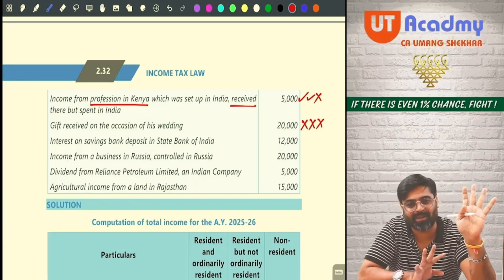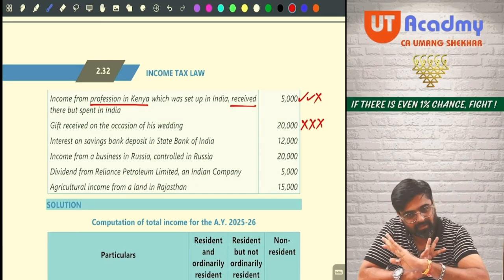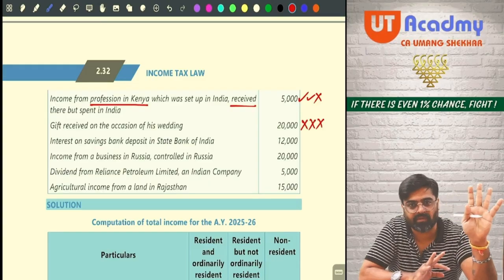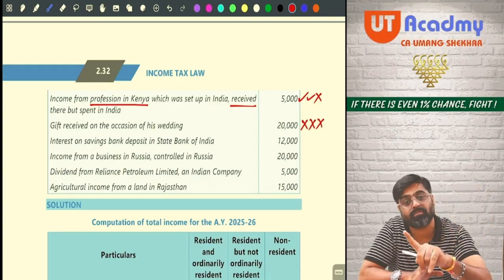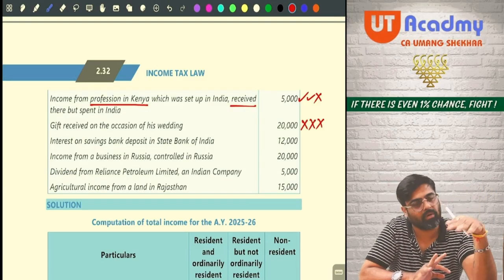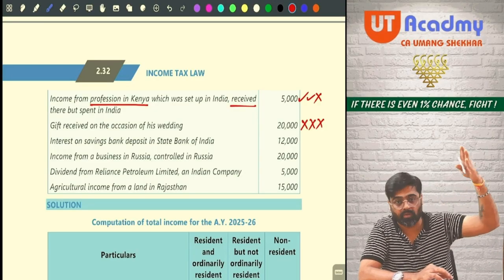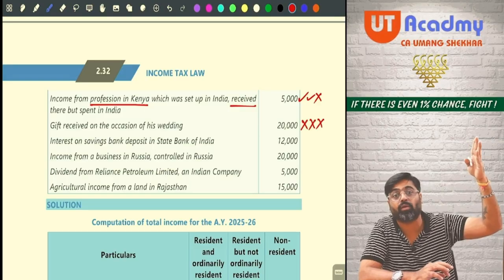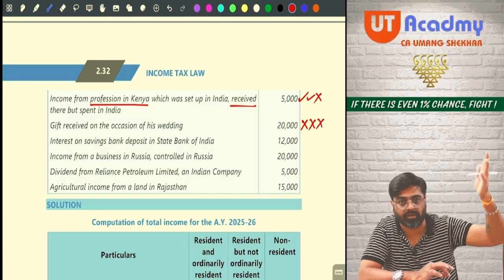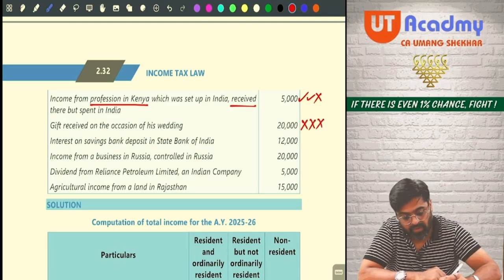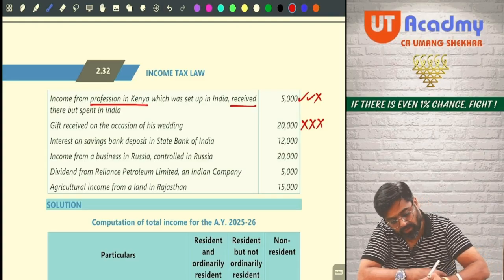So what I want to tell you, there is no restriction on the amount of gift which you are receiving on the occasion of marriage. It will never be taxable. It will not be taxable for any type of assessee. Getting my point? And this thing we are going to discuss in detail when we do gift provisions in IFOS head. That time also this point will come. Now this point, please mark this point important.